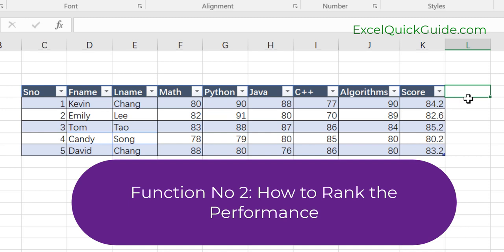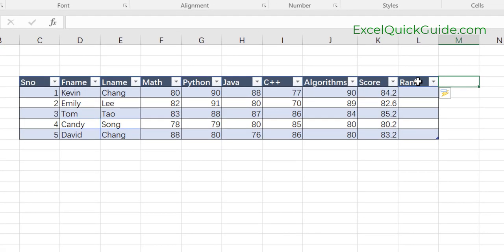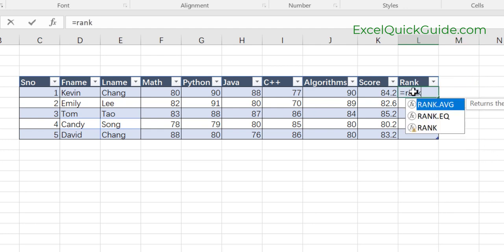So for that, let me start with the rank heading. Then you press tab. Immediately, as I mentioned to you, because of the previous function which we have implemented, you will get this beautiful formatted column for rank. Now just go here, place an equal to, and enter rank, open the parenthesis, and then